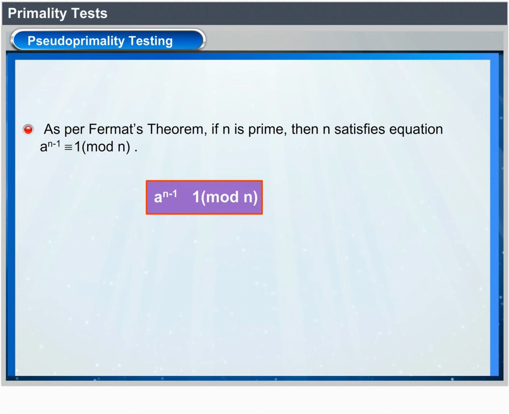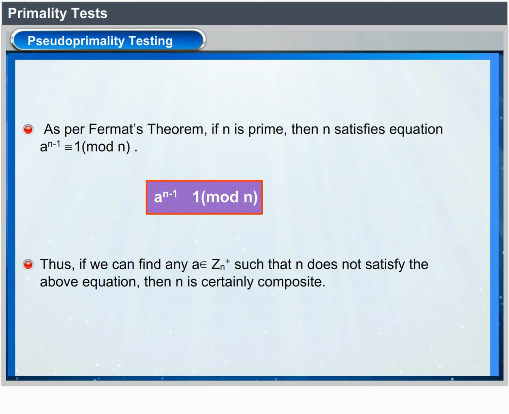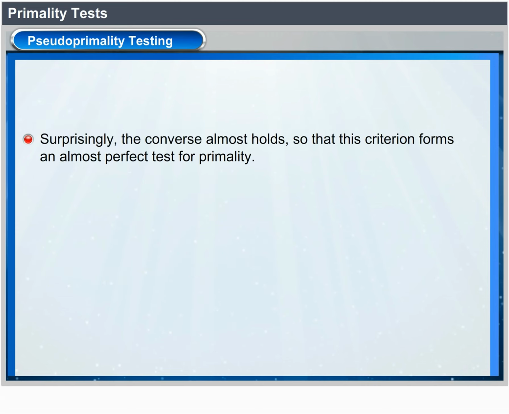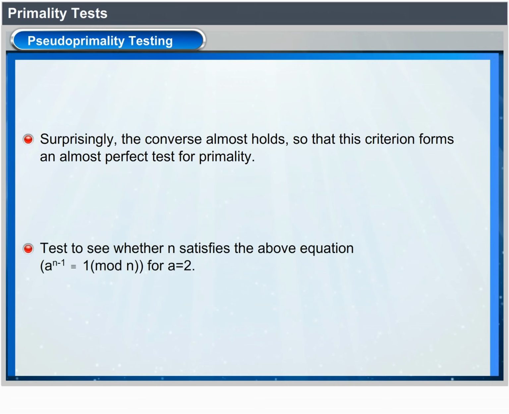Thus, if we can find any a belonging to Zn+ such that n does not satisfy the above equation, then n is certainly composite. Surprisingly, the converse almost holds, so that this criterion forms an almost perfect test for primality. Test to see whether n satisfies the above equation, a^(n-1) ≡ 1 mod n,